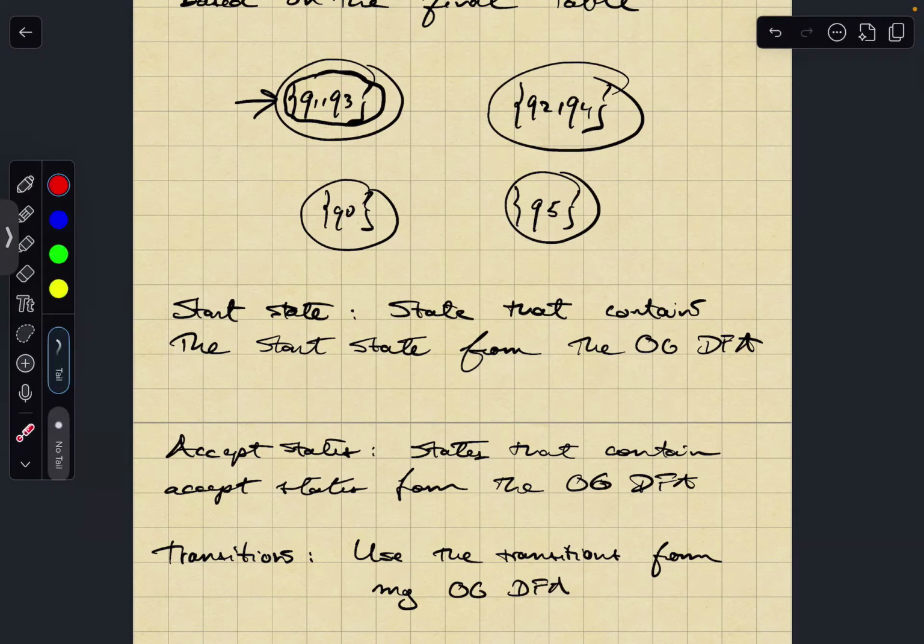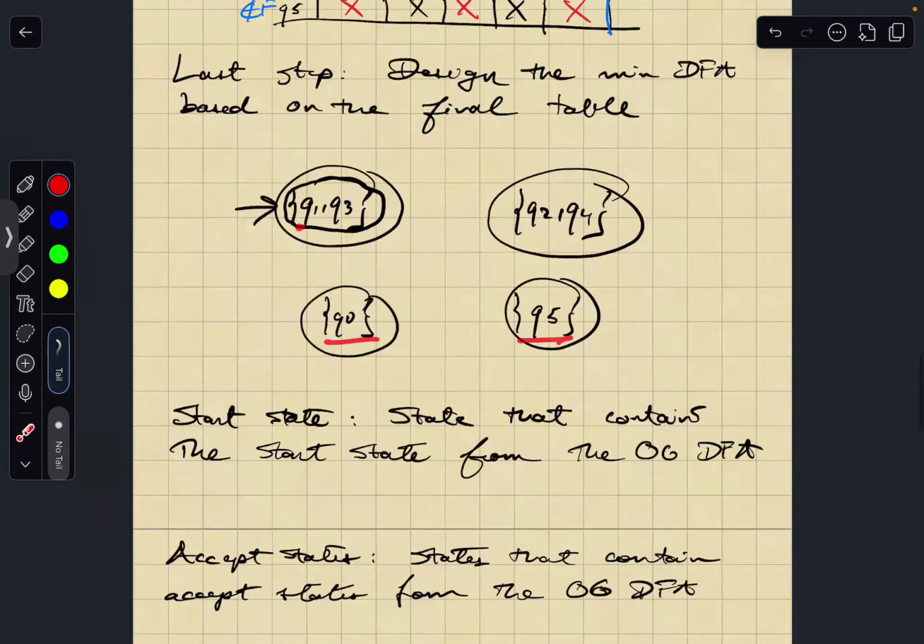And so, I mean, it's easy to do this when it's Q0 or Q5. When it's a set of states, then the question is, well, which state do you use? Well, one of the lemmas when you prove the uniqueness of the minimal DFA is that it doesn't matter which state you use. The behavior is going to be the same, right? That's kind of why we call them indistinguishable. So that means that to determine the transition from this state, I can either pick Q1 or Q3 and just see what happens in the original DFA.